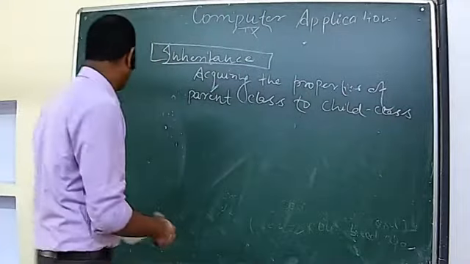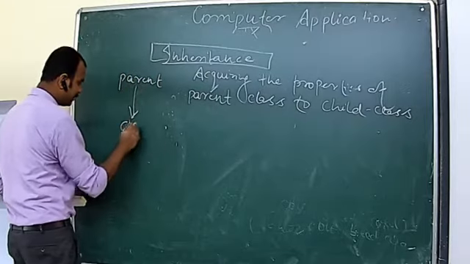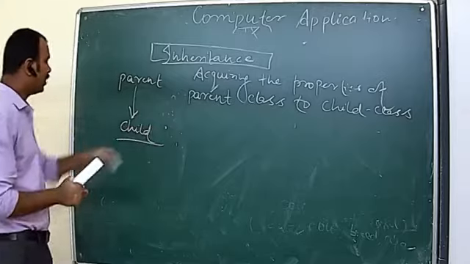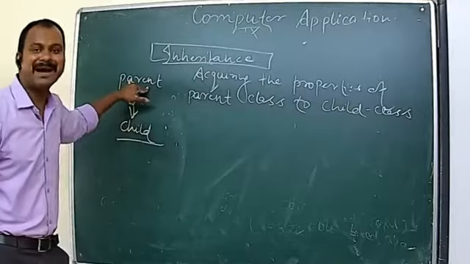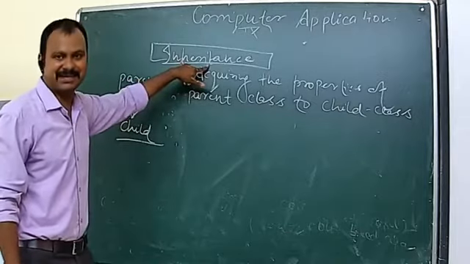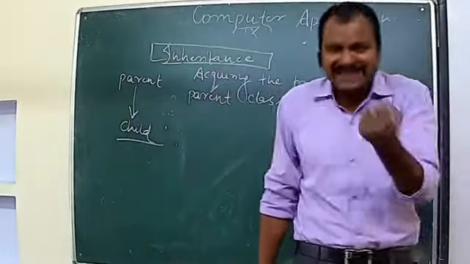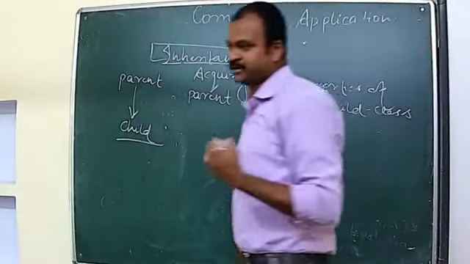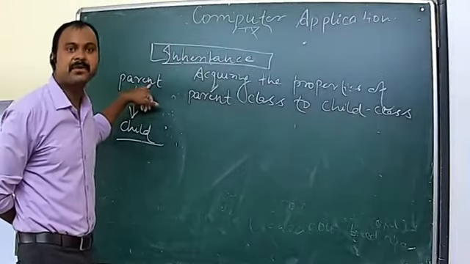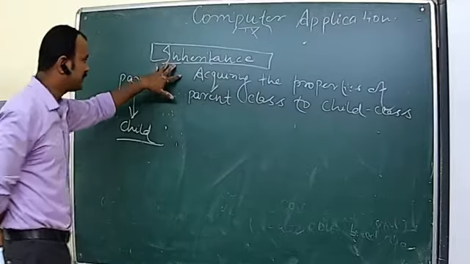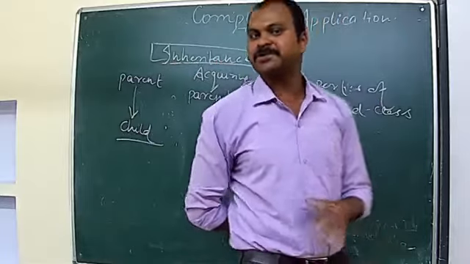So if we talk about a parent and a child, this child can acquire some properties, some attributes from this parent class, and that is called inheritance. In inheritance, a child class can access or acquire some properties or some behaviors from its parent class. Clear? So this is your inheritance. So here your object-oriented programming concepts are clear, over.